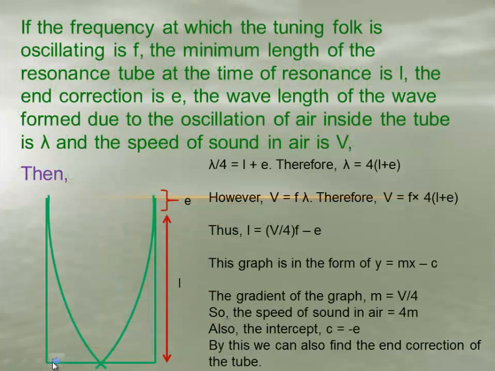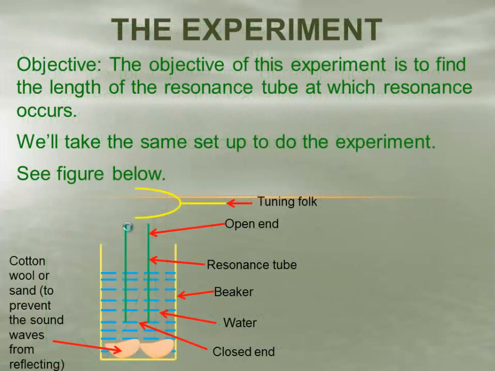If the frequency at which the tuning fork is oscillating is F, it's always better, let me explain, for these two ends of the tuning fork to be in line with the median column, or the axis at the center. Although I draw this in two dimensions, this is a three-dimensional, cylindrical tube. So the axis that goes through the center of this hollow tube